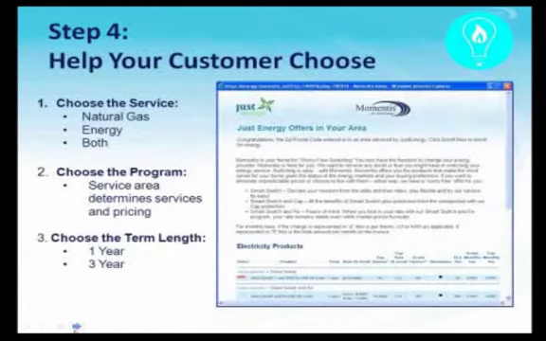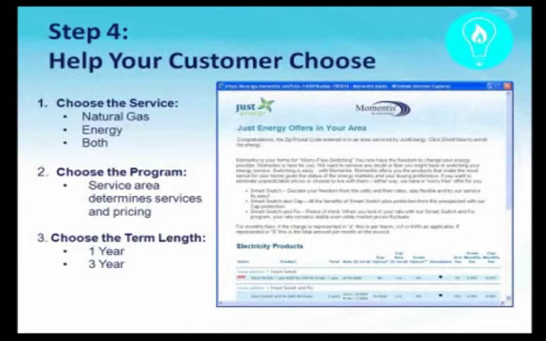Then you just proceed to the next step and help your customer choose which plan is best for them. So when you've pre-screened your customer in your mymomentus.biz site, remember this is the part where you enter their zip code or postal code and it pops up to show exactly what's available in that area, you can help walk your customer through that.